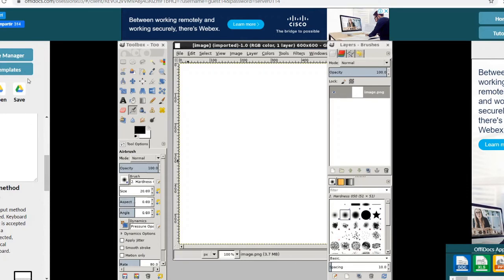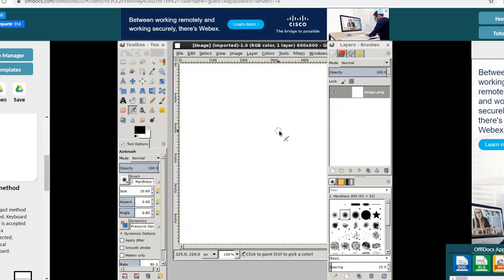Firstly we will discuss what the image window is. This is known as the image window. This window displays the image created or opened in GIMP. GIMP allows you to create or open different images in separate windows.